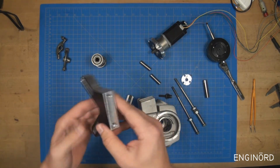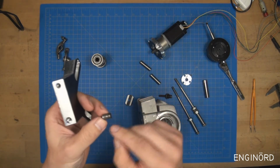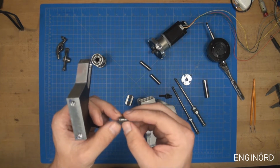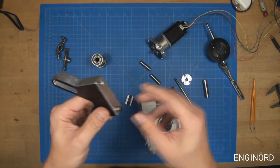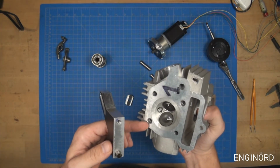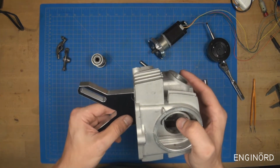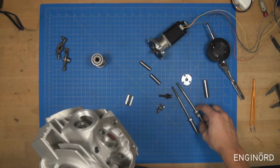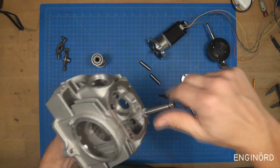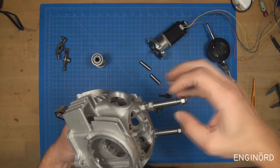So I made a bracket, and the bracket has a countersink here, and there's a precise bushing here that is ground on the OD, so it's got a nice diameter. And it happens that the housing has the same kind of countersink here. You can see these two will mate nicely. So there's a long bolt, and of course I'm using spacers as I can find in my workshop,